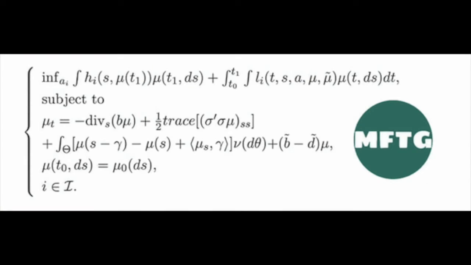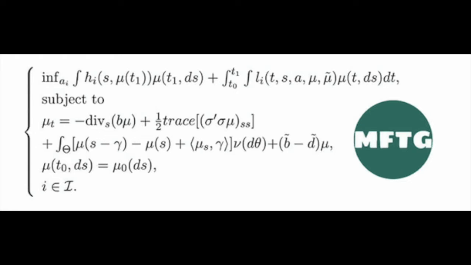So here I will present to you a PIDE system, a partial integral differential system associated to the meaningful type games. So here is the setting. We consider a finite number of agents, let's say I, and for each agent, small i in big I, there is a certain set of functions. Okay, so the terminal cost will be denoted by H_i, the running cost will be denoted by L_i,